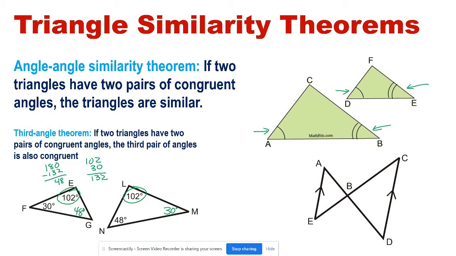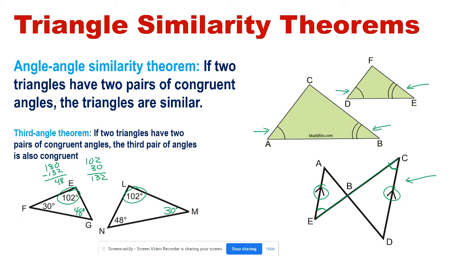The other thing I want to point out on angle-angle is you may get a diagram like this one in the bottom right, and we have these little arrows, which you may remember indicate parallel lines. So when you have parallel lines and you have another line that connects them both, that line is your transversal, and you get special angle relationships. So right here, if I were to take this angle here, angle E, and this angle up here, angle C,